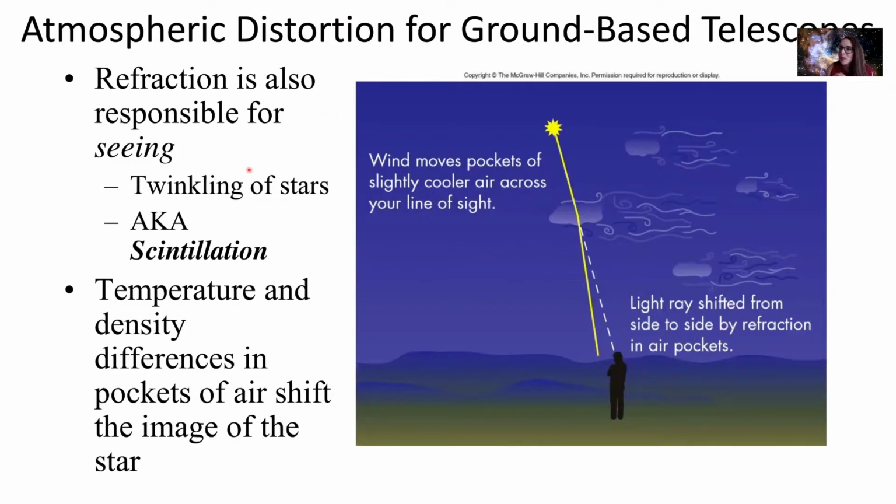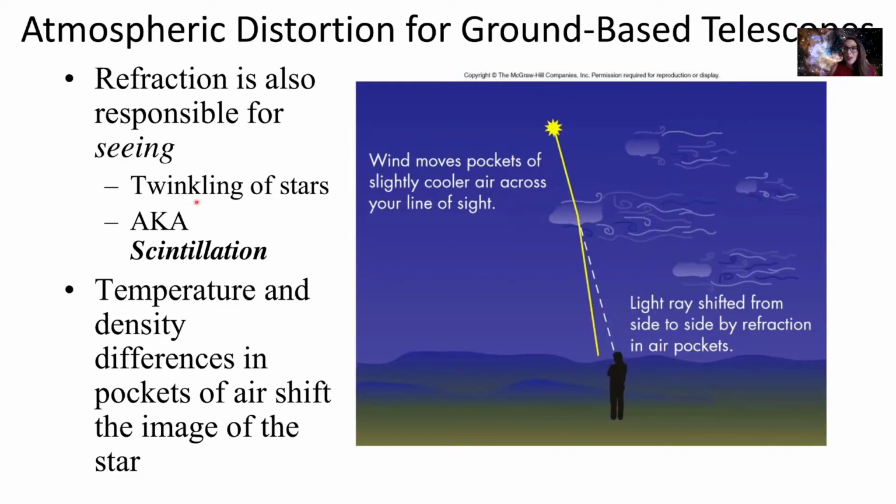Ground-based telescopes have a problem, and that problem is that they have to observe distant objects through our Earth's atmosphere. Okay, and we know that in our Earth's atmosphere, we've got wind, we've got clouds, the layers of our Earth's atmosphere are constantly moving around. And so what happens is that light coming in from our distant star gets refracted or bent when it moves through our atmosphere. And how much it gets refracted or bent is dependent on the conditions of the atmosphere